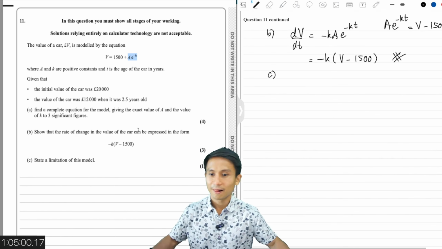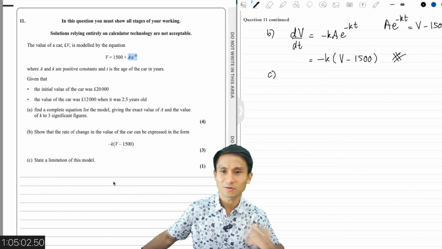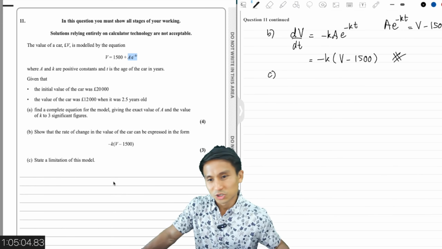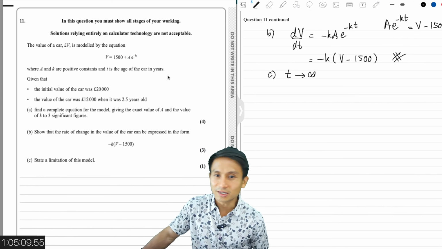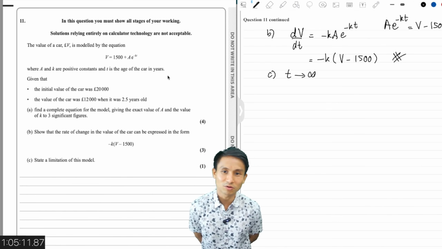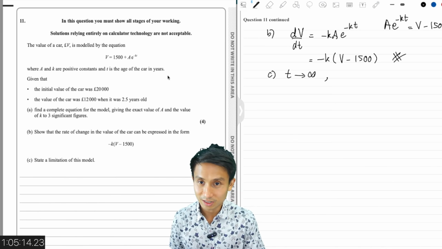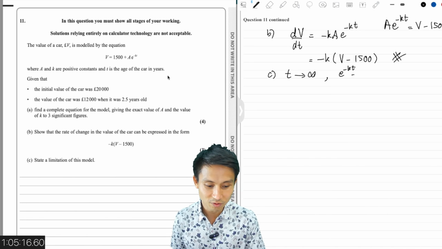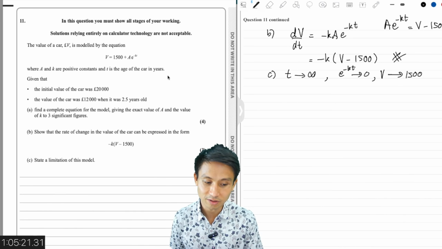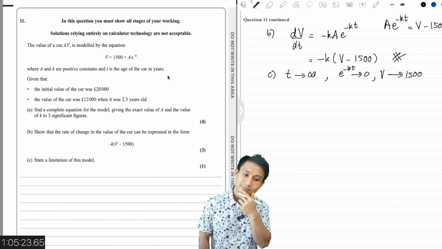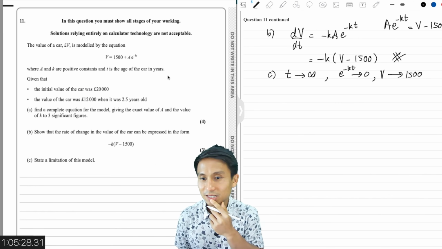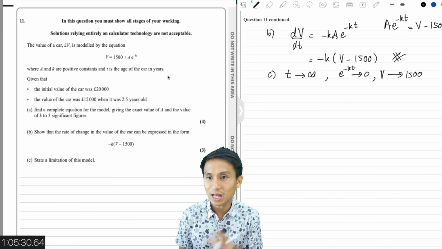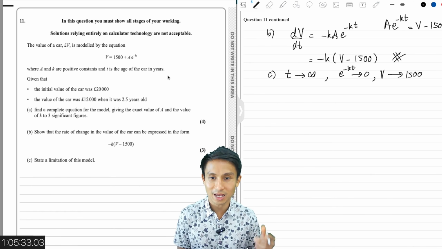Okay, and part C, state the limitation of this model. All right, so the limitation might come when you make t approach infinity. If t approaches infinity, the e to the minus kt will approach 0. So the value will approach 1500. It can't go smaller than that, can it? So the limitation of the model is that the value of the car will never be smaller than